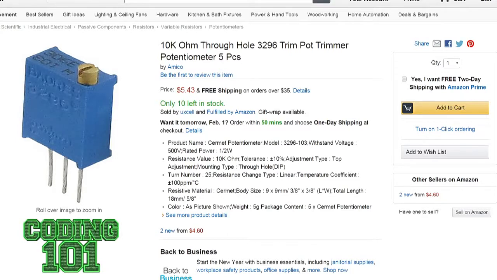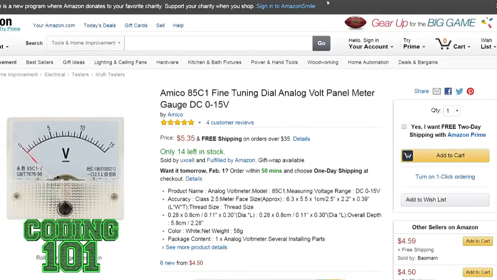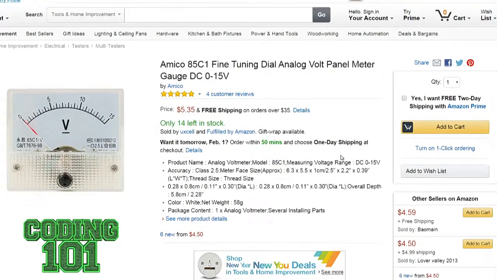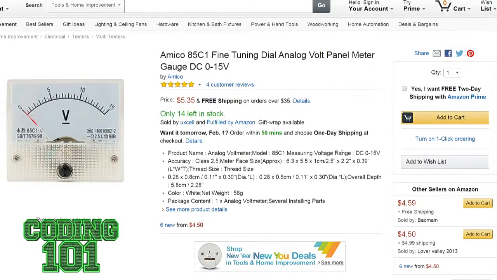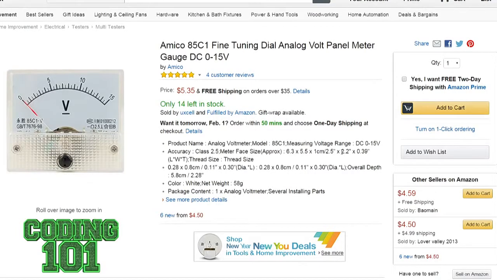And the last bit that you're going to need are the analog volt panel meters. Again, you can buy these from Amazon. We're making it easy for you to get them. But if you live near a hobby supply store or a surplus supply store, often you can get some much nicer looking ones. Smitty was a big fan of the Aviator ones, the rounded dials.